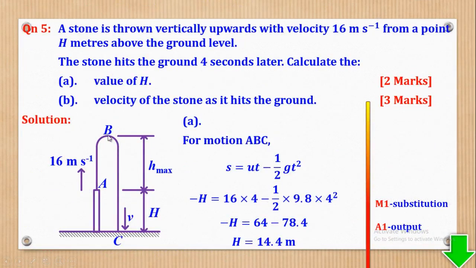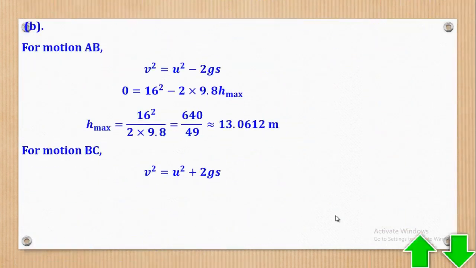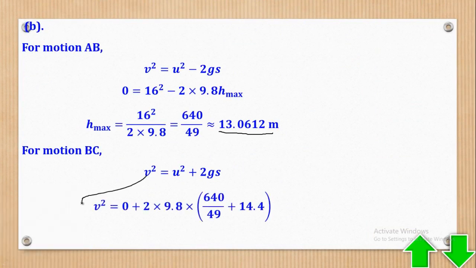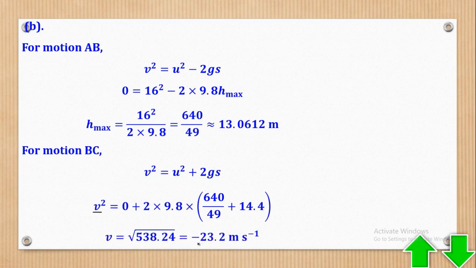So for motion from B to C, the final velocity is v, which they want, initial velocity is 0, and the displacement is h max plus capital H. Therefore we substitute: g is 9.8, and s is h max plus capital H, which is 14.4. Still here we have only one unknown, so we simplify and make v the subject. It will be negative